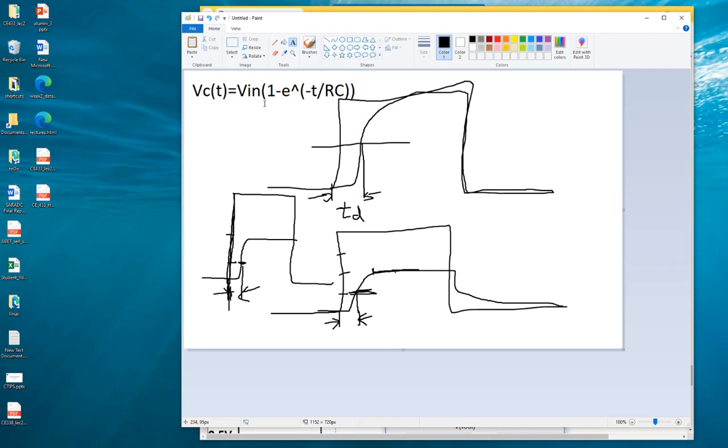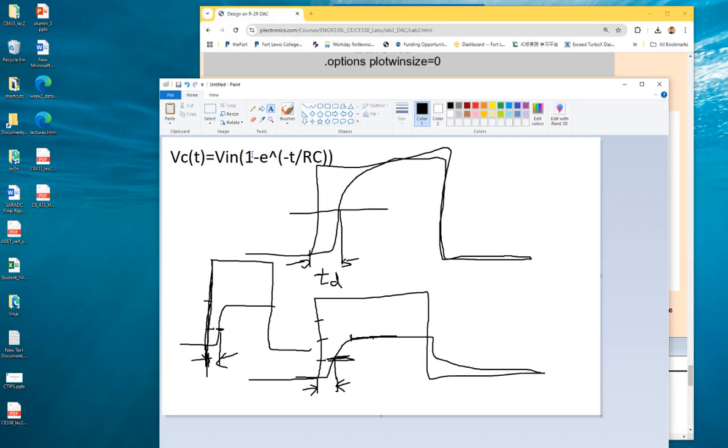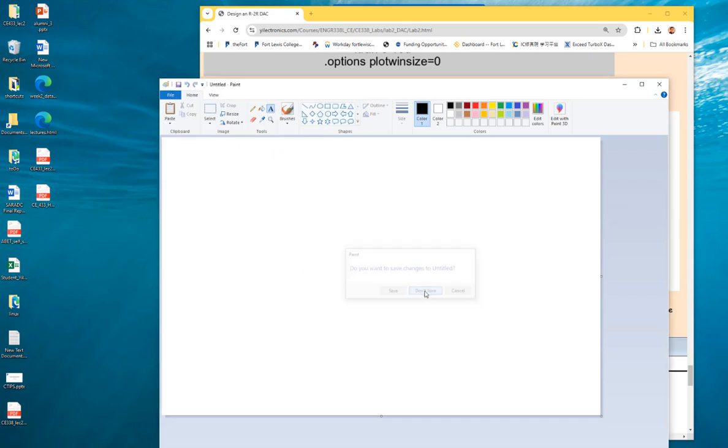So this is the behavior of this circuit. It's 1 minus a constant minus an attenuation factor like this. Okay, so it shows a curve in this way. But remember, when we are studying that natural response,